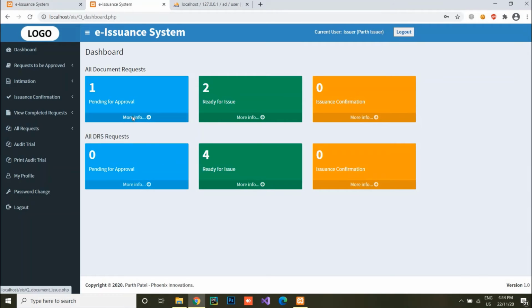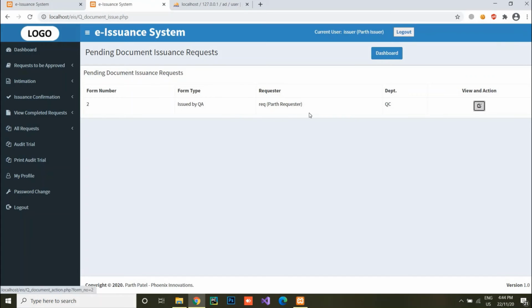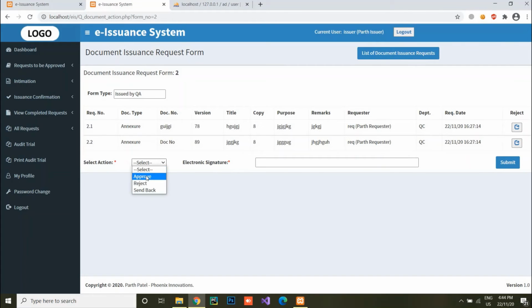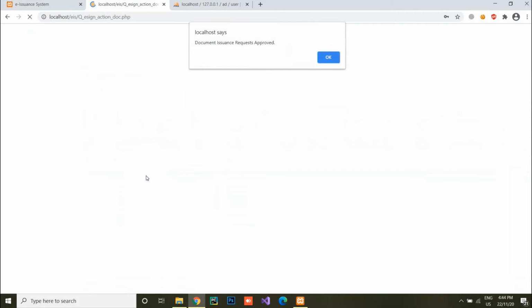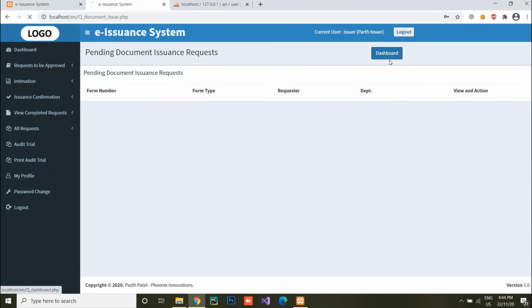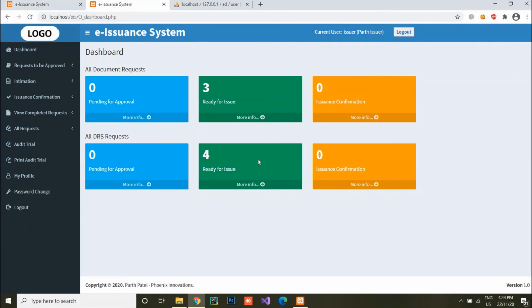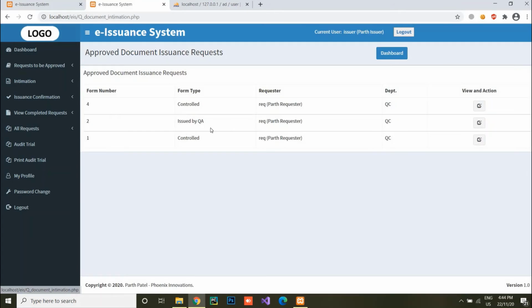So this request has arrived here, that it is corrected, and issuer will approve. So this form is approved, ready for issue. So now issuer will prepare all requests as per requester's form. Okay, after being prepared with all documents, he or she will go to ready for issue. So now from here,